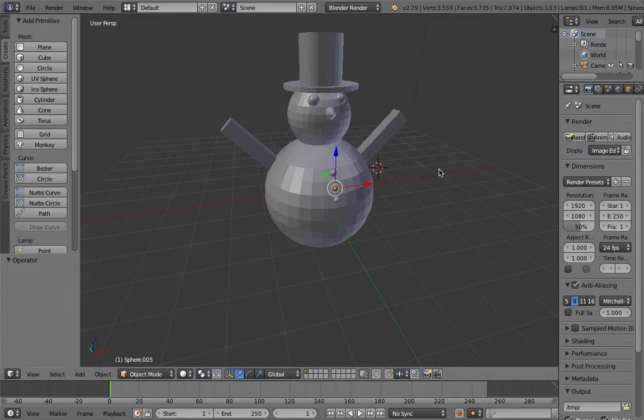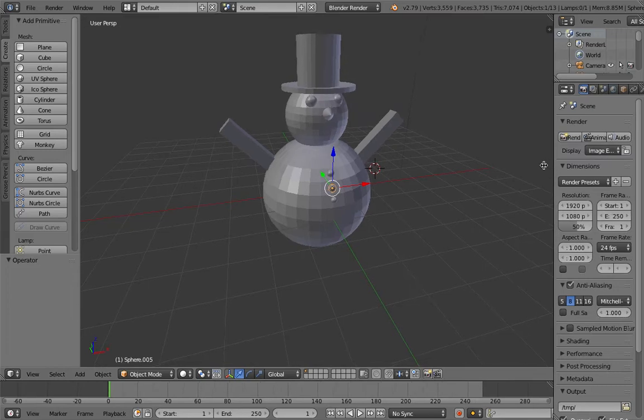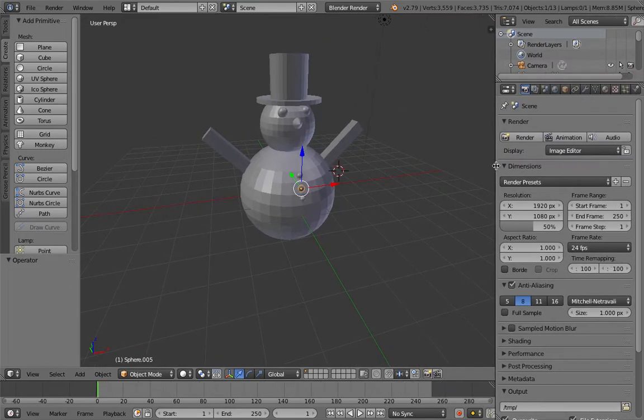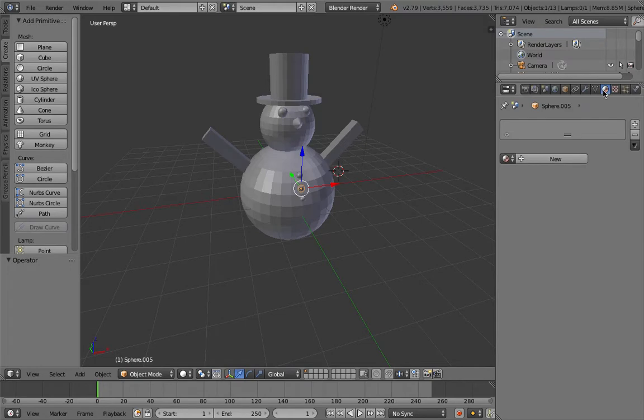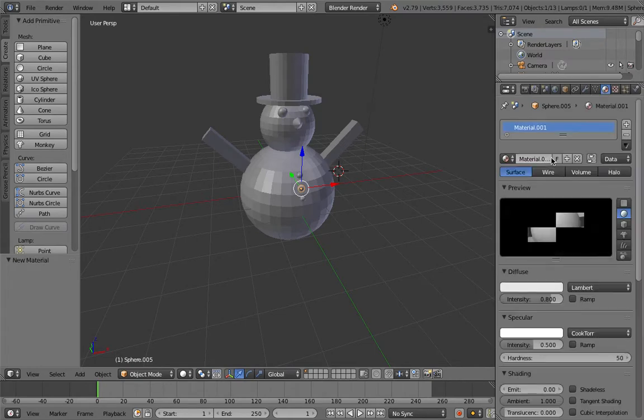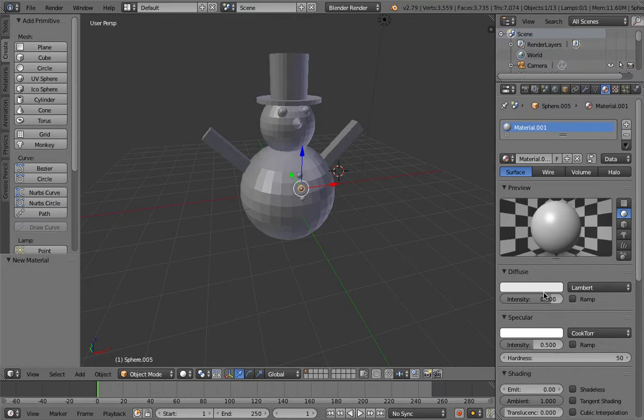First, do you see my mouse pointer? We want to do it here, and we want to just widen the window here, and we want to go on material, and we press new. And this material, what should we name it? We should name it Snow, because if I select this,